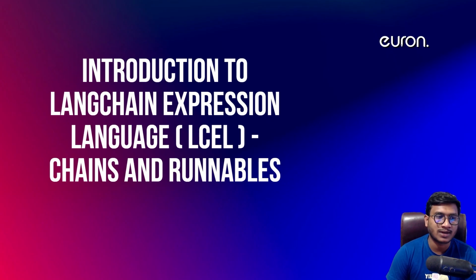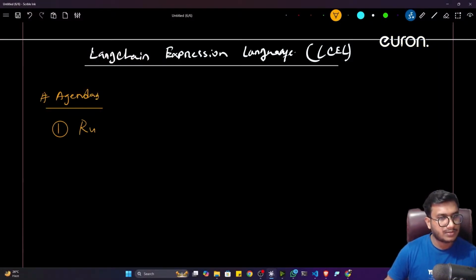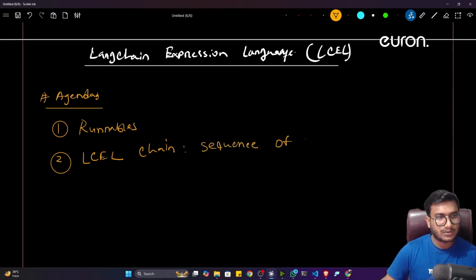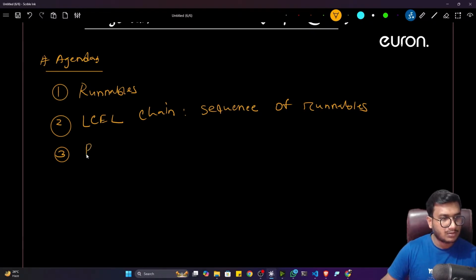We'll also be learning about what runnable chains are. Here each and everything we'll try to master. So let's start with our LCEL concept. First, I'll be discussing the runnables. Second, we'll be discussing the LCEL chain, like how we can create a chain with the help of LCEL. It is nothing but a sequence of runnables. Sequence of runnables. Then third, I'm going to discuss runnable